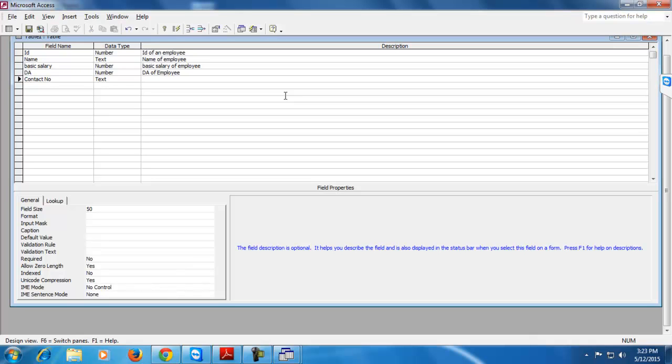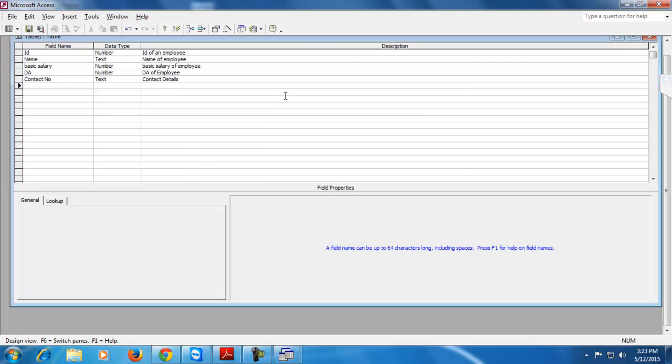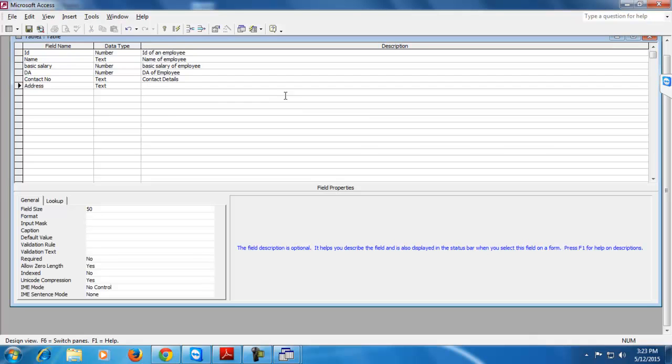You can take the contact number in text, because in text you can enter alphabets as well as numbers. Then address can also be in text.